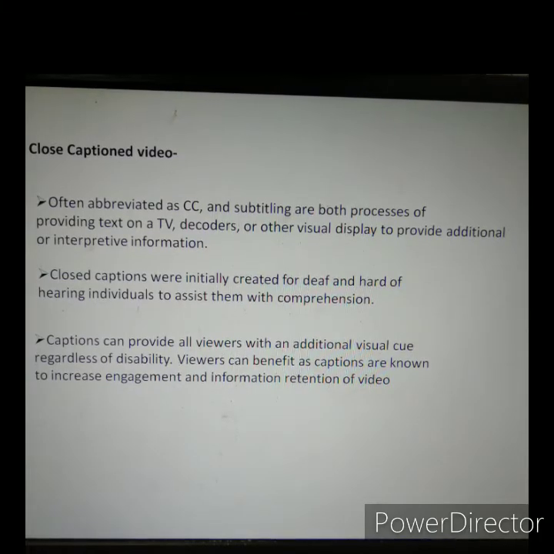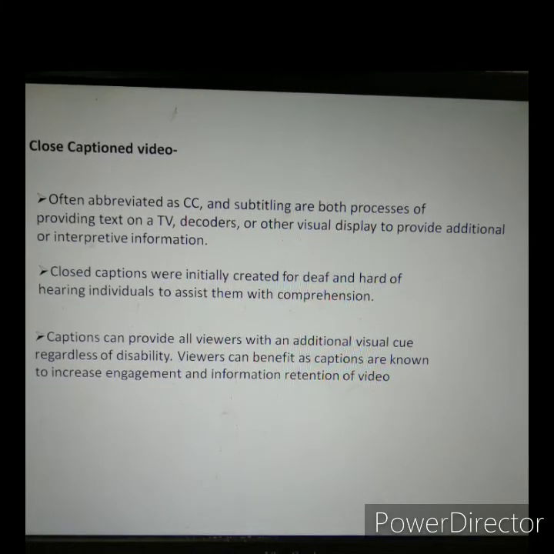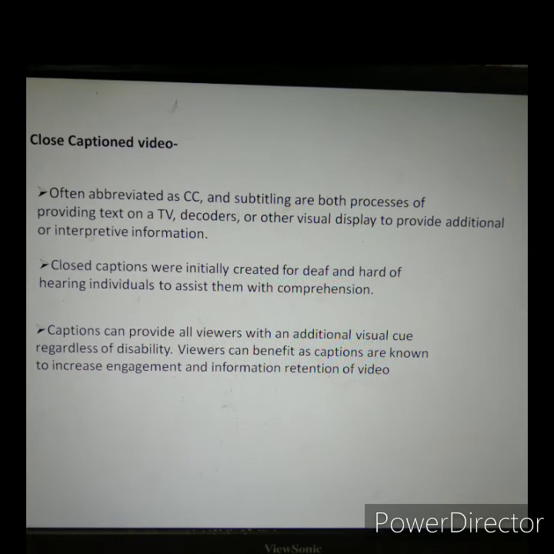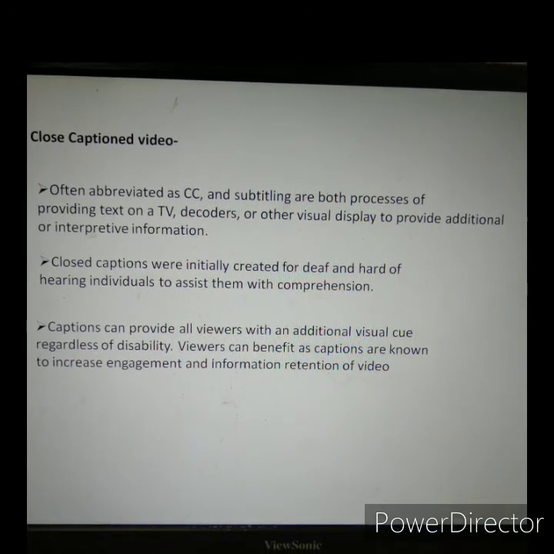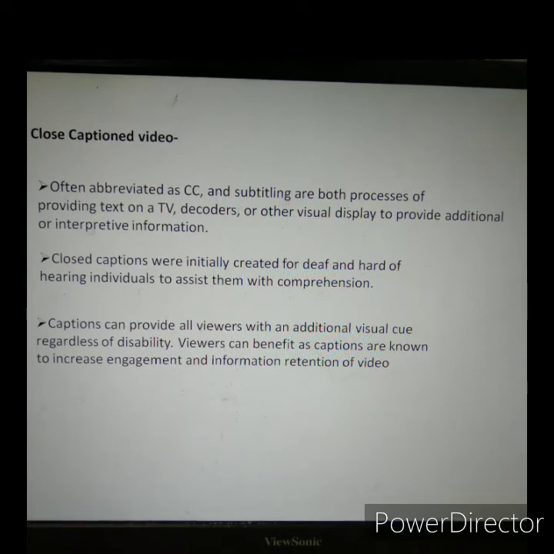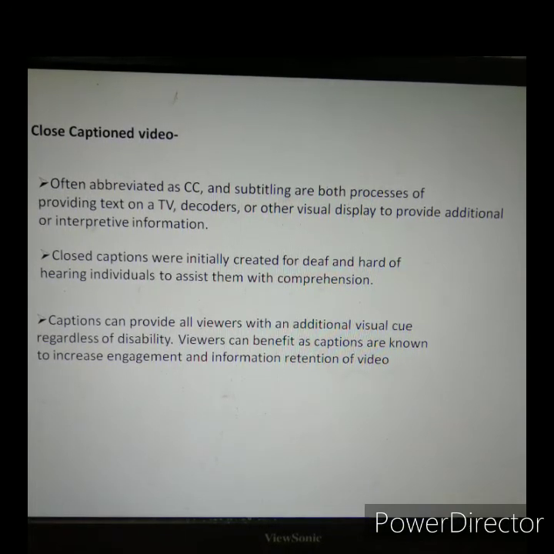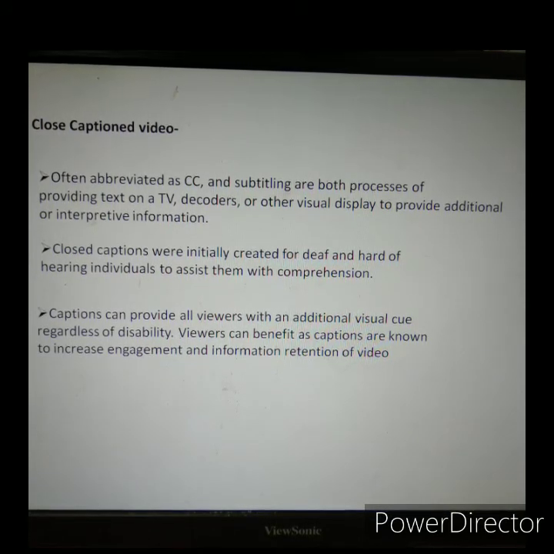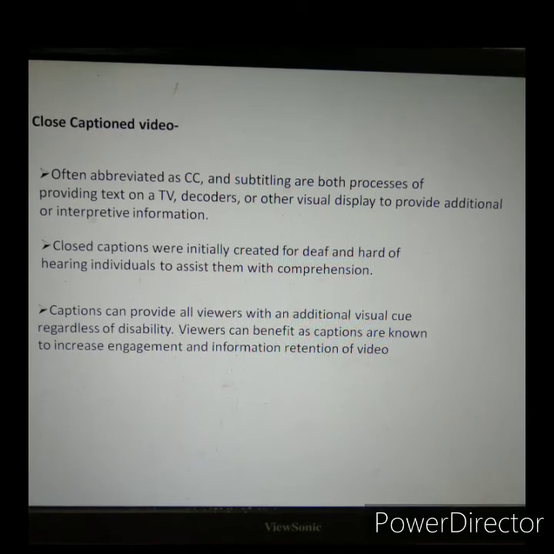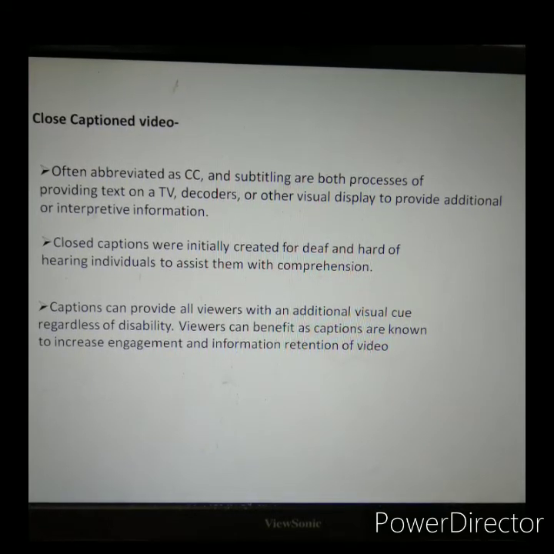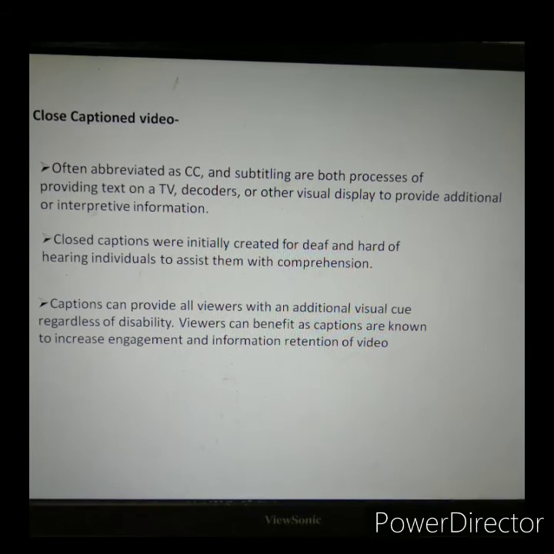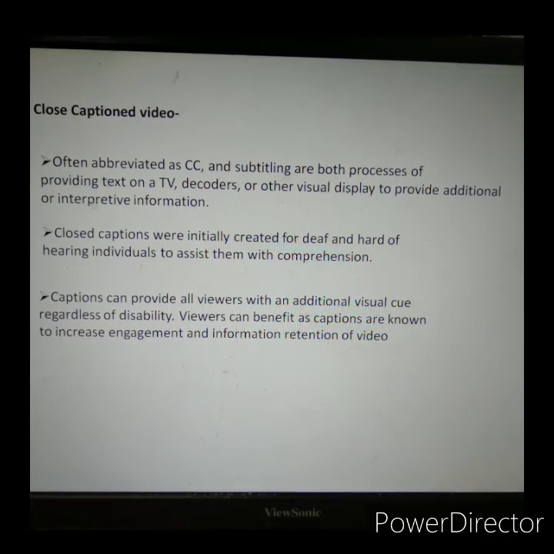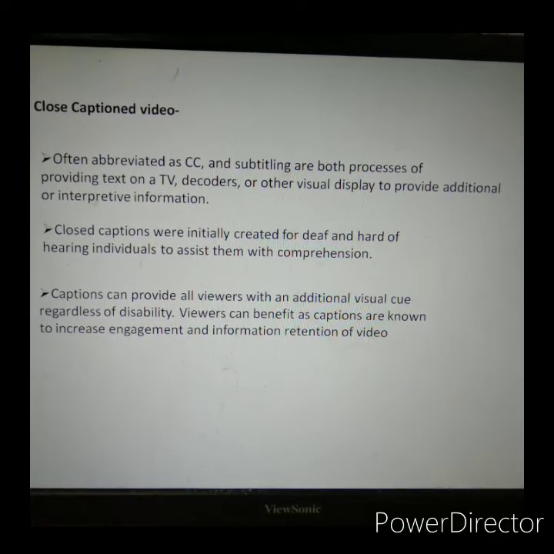And another example of the adaptive equipment is a communication board. A communication board is a device that displays photos, symbols, or illustrations to help people with limited language skills express themselves. The user can gesture, point to, or blink at images to communicate with others. Communication boards can be used to communicate with others by providing simple, recognizable images and symbols to understand one another. The student with special needs can use communication boards to express a simple